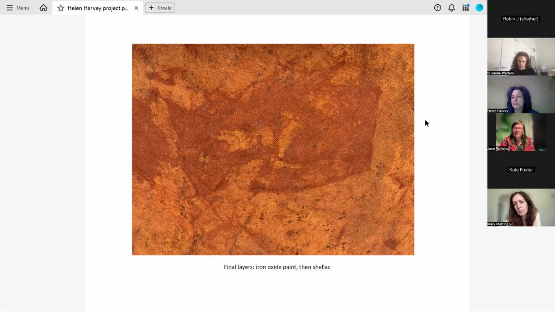If you look under a microscope at the rabbit skin glue, it's a series of coils that interlock with each other, and that's where it creates the binding effect. But if you heat it past a certain point, the coils will break, and that's where you start to see cracking happen.